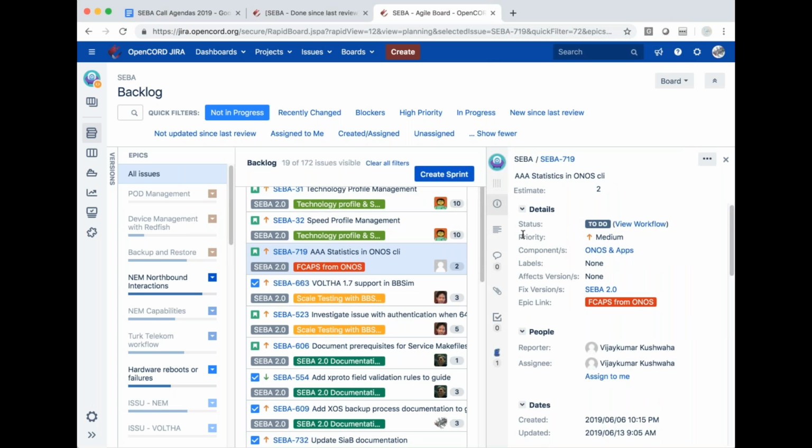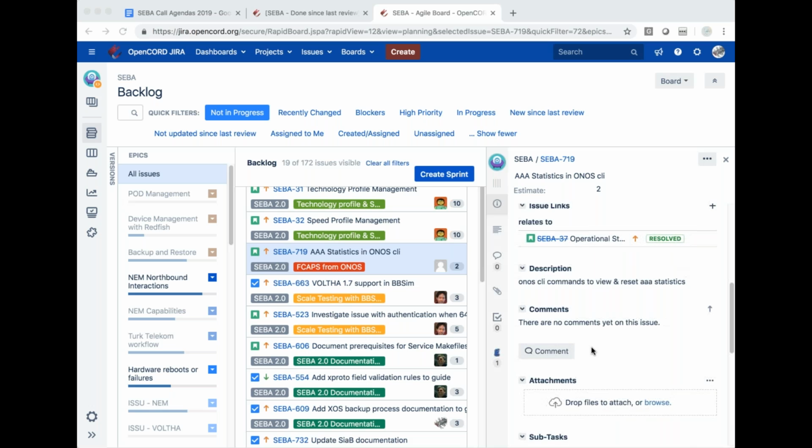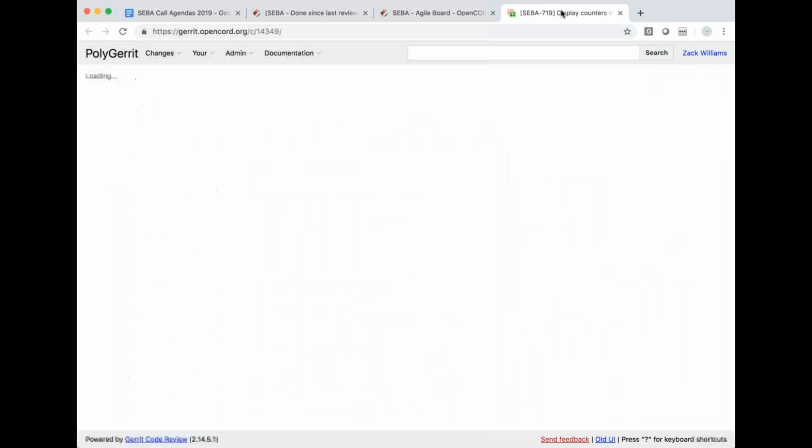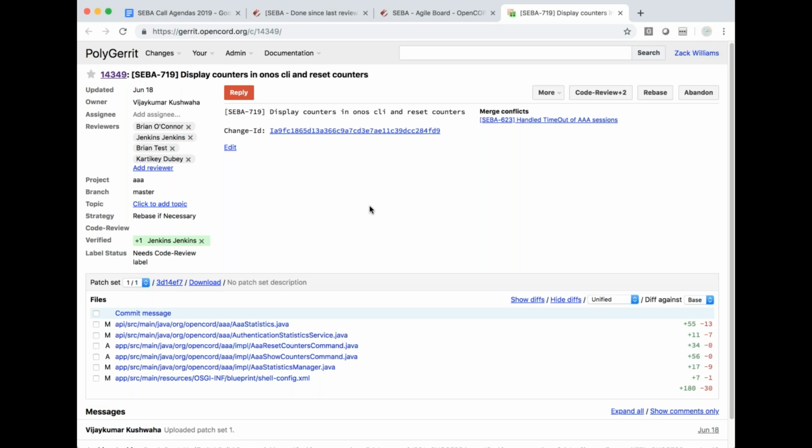SEBA 719, AAA statistics in the ONOS CLI. This is also VJ. I'll ping him again on these two. Basically, VJ made a patch to collect statistics from the Radius server. That is already merged. And we are already publishing that information onto the Kafka bus, and since yesterday showing it in Prometheus.